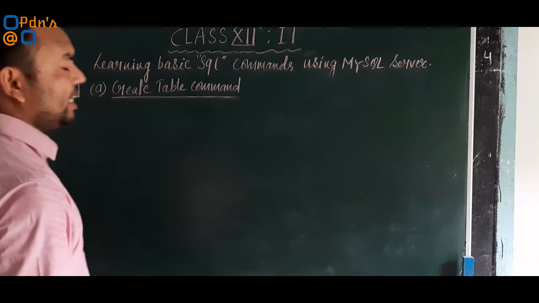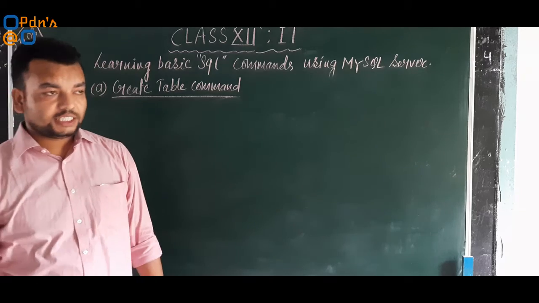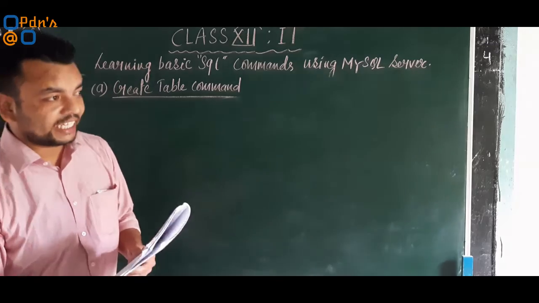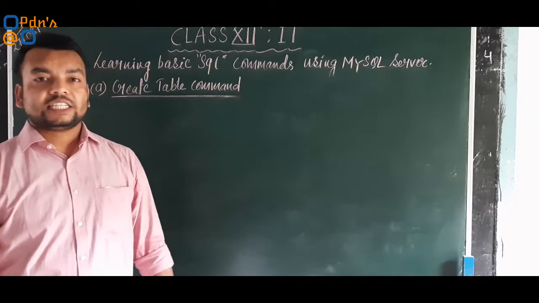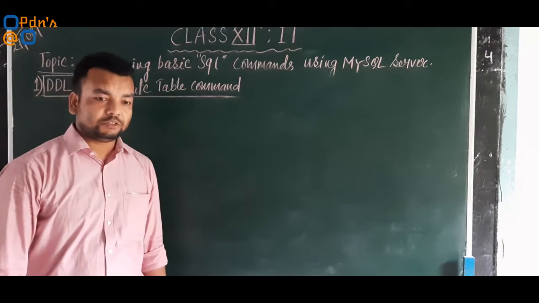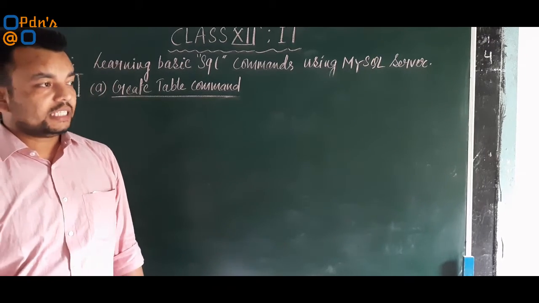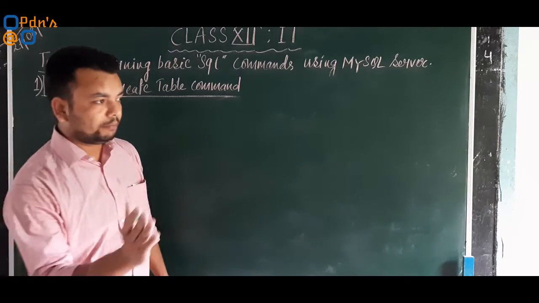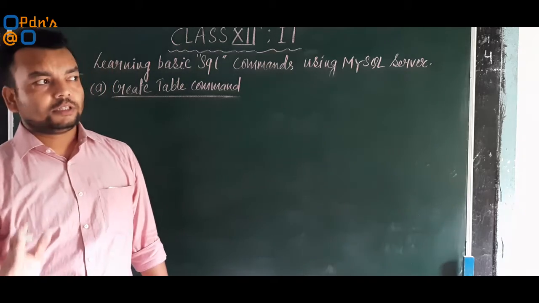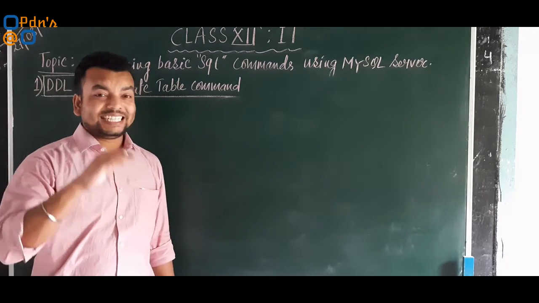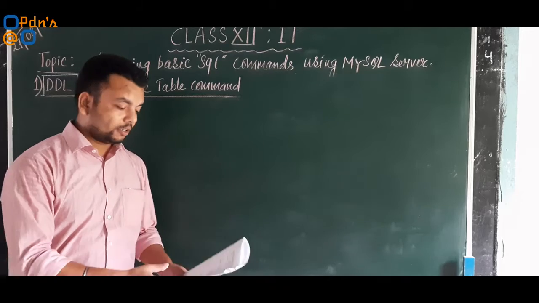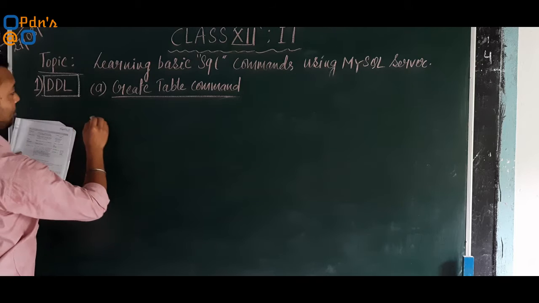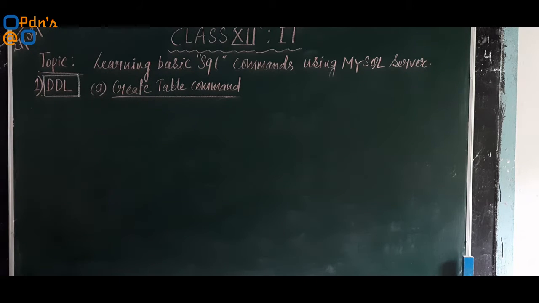Now before discussing the create table command with constraints, let me explain a table containing the different types of data types which can be utilized inside our MySQL server. What are the different types of data types that can be applied to a particular attribute in order to perform all our queries inside a relation, inside a database. So it is in tabular format. So let us discuss commonly used data types inside a table.